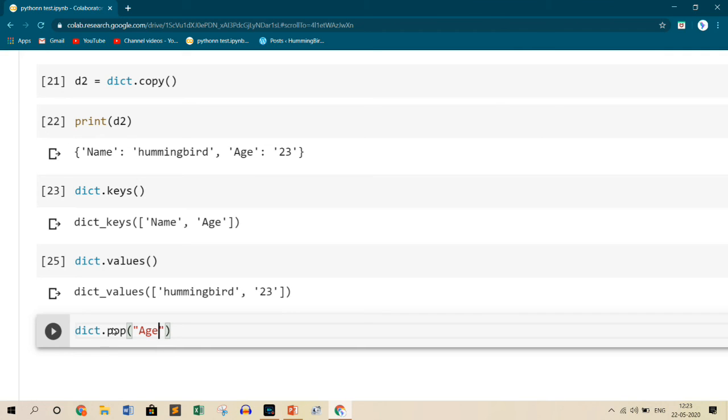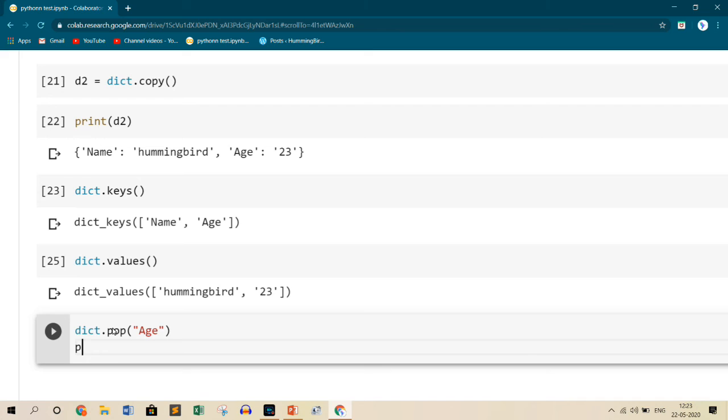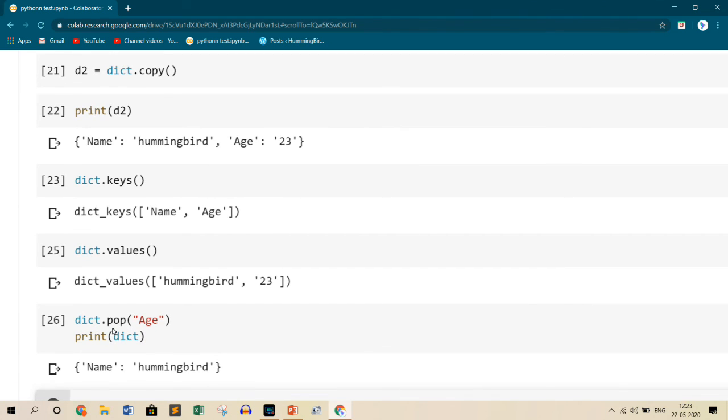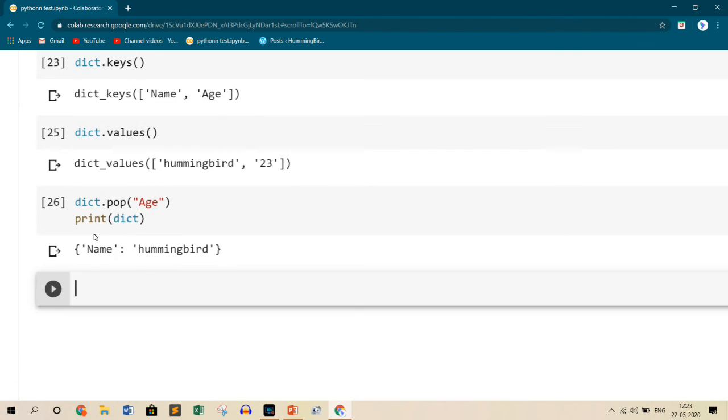If I do this and then print the dictionary, I should not have that age key value pair inside the dictionary now. So as you can see, I only have a name. So you can also use delete and also use a pop method to remove something from the dictionary.